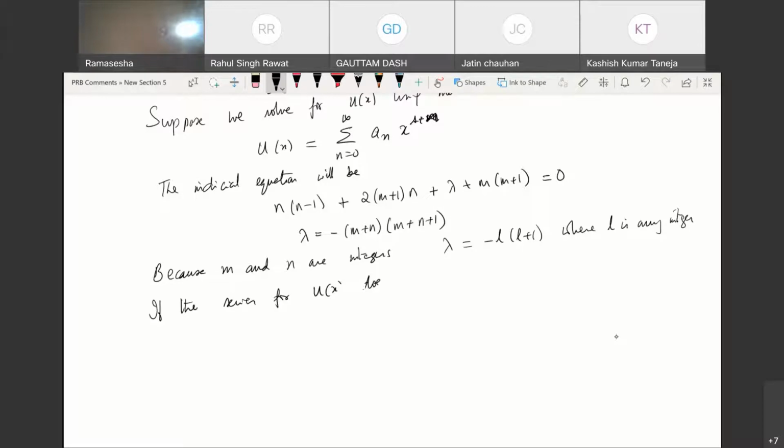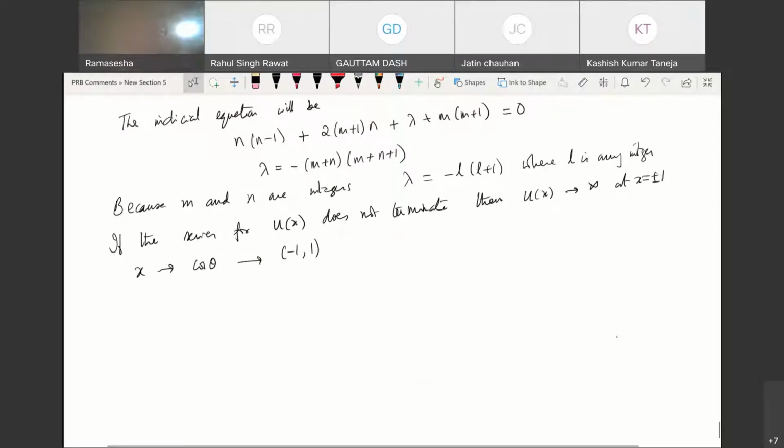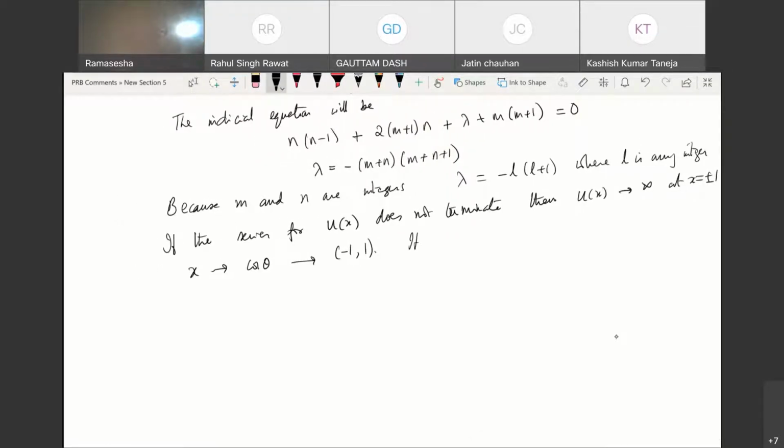Okay, the reason why this tends to plus or minus 1 is important because x is the cosine quantity. So you want this function to be well behaved over the entire interval. If it is not, then it is not good. It implies that the series has to terminate,